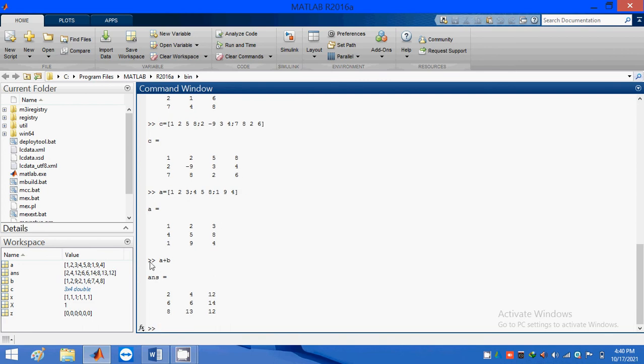For subtraction, just type A minus B. For division, A dot slash B. For multiplication, A dot star B.